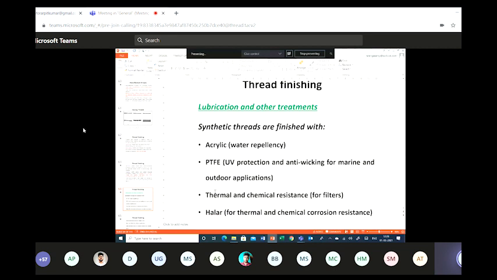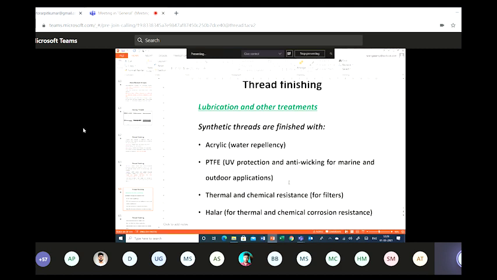Outdoor application also, if there is a rain, what happened? The fabric may be wetted. Our fabric is hydrophobic, but the thread you selected is hydrophilic. Now what happened? Water will go along the passage of the sewing threads. So in the process, it may not be good. Your fabric may be wetted because your sewing thread is hydrophilic.